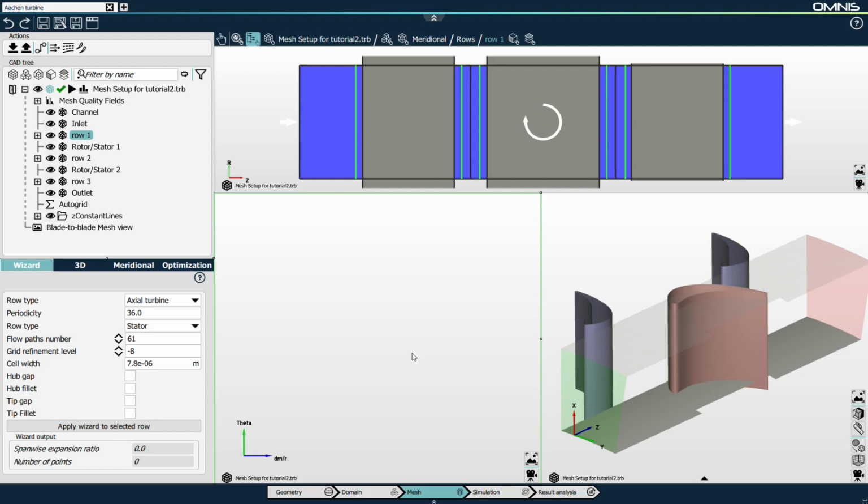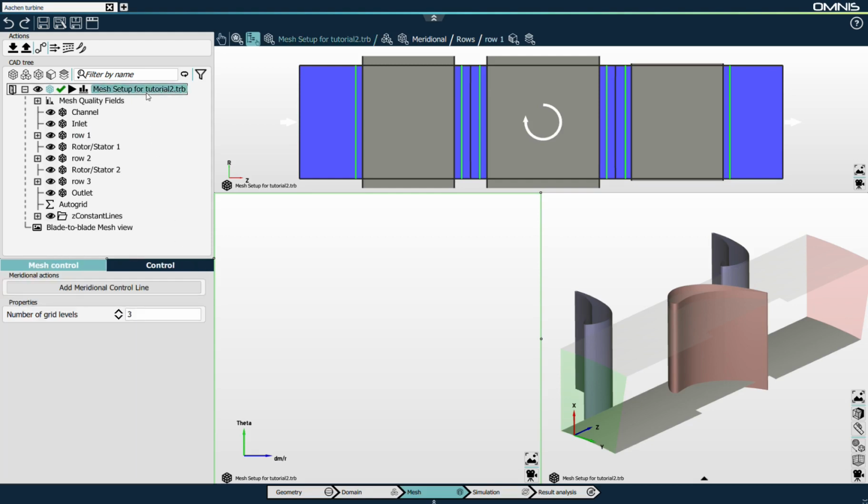I started this project by importing a geometry. The geometry can be imported either from a Numeka turbo machinery geometry file or imported directly from the Concepts NREC Agile Design System tools. Here, since the turbo machinery configuration has been imported, all the parameters were set automatically. For example, in row 1, we can see that it's set as an axial turbine with 36 blades being a stator vane. So here I can start immediately generating the mesh.